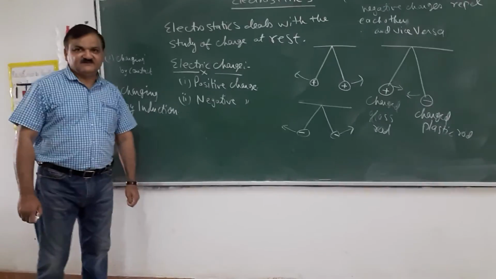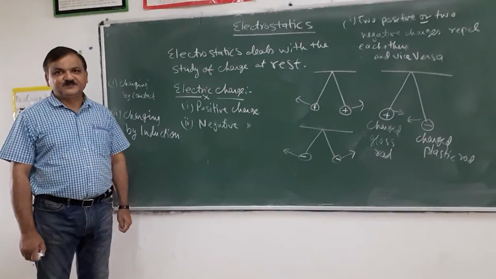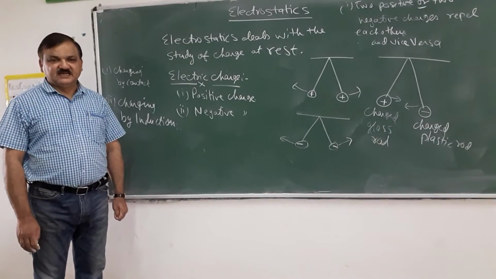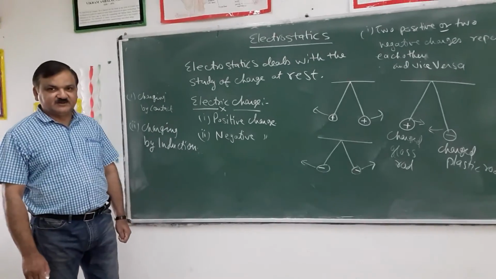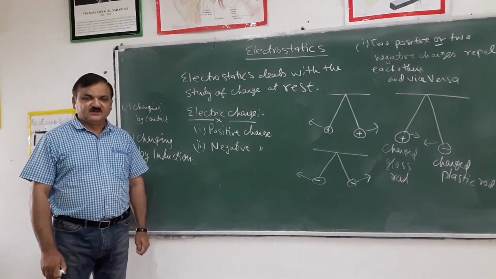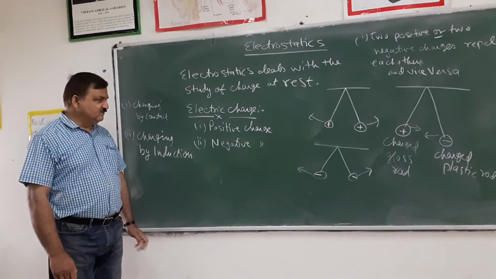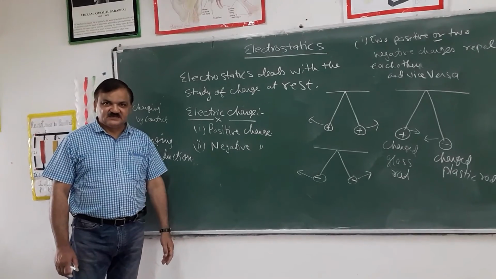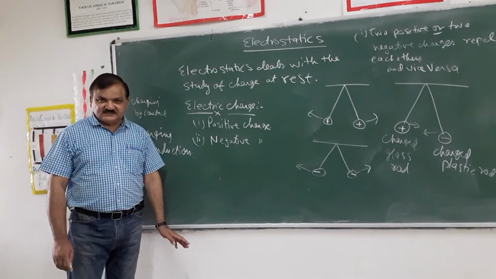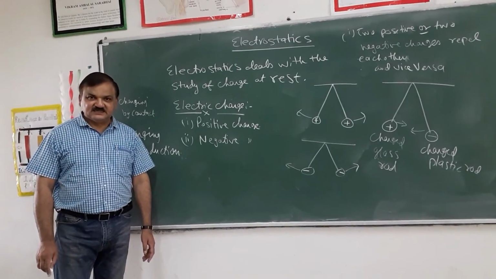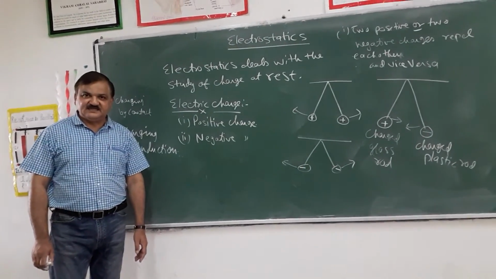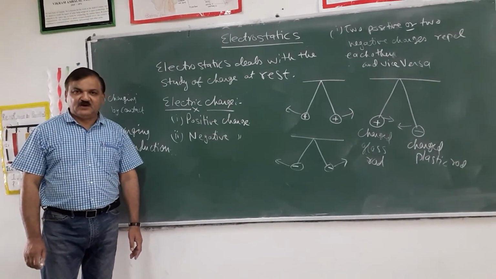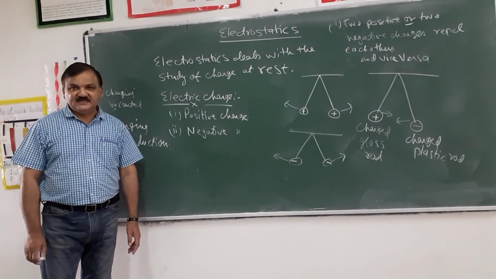So today we have introduced electrostatics and the types of electric charge. You have studied: what is electrostatics? What is electric charge? What are the types of electric charge? Like charges repel, unlike charges attract. How a rubbed body is said to be positively charged, how a rubbed body is said to be negatively charged.